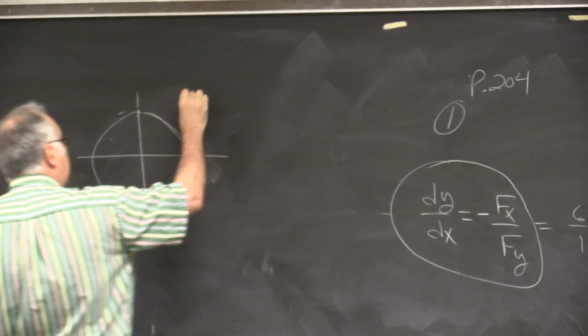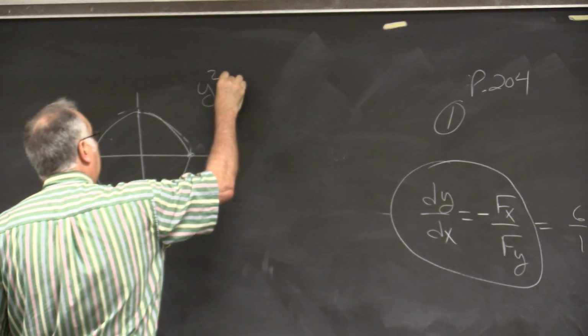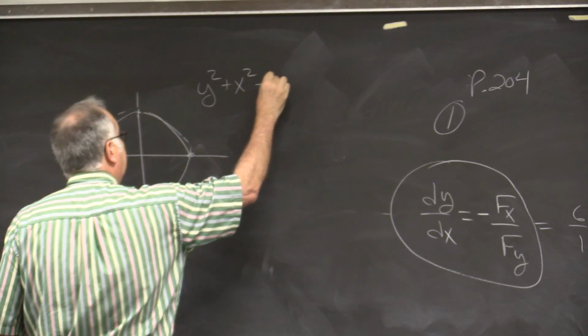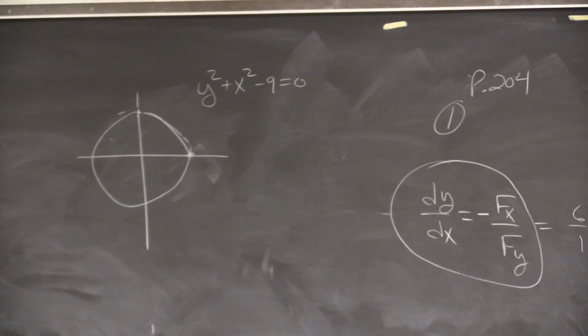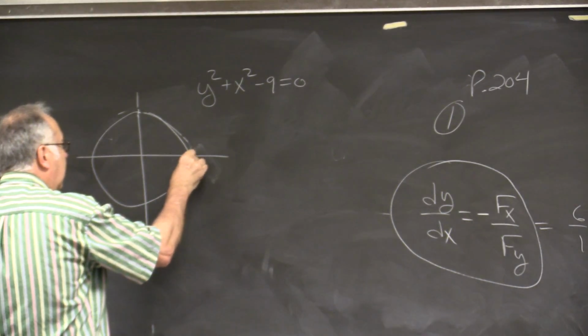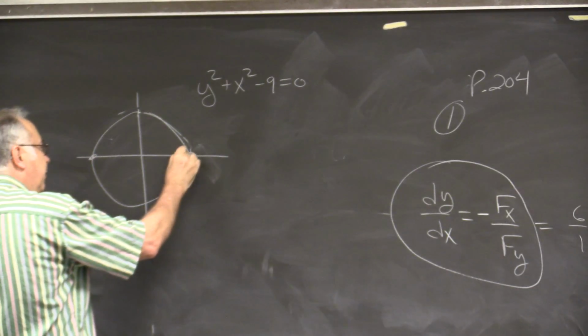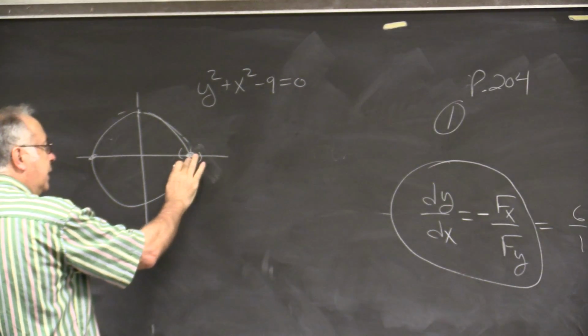What was our equation? Y squared plus x squared minus 9 equals 0. So we could pick any value of x, so long as it wasn't this one or this one. Because see, if you try to take a neighborhood around x equals 3,